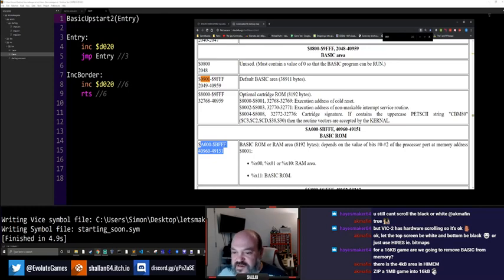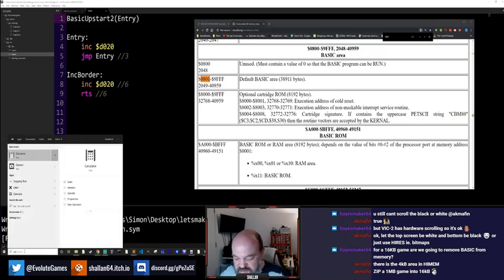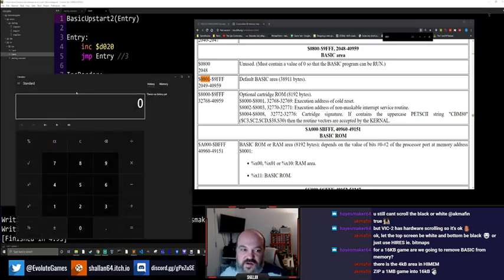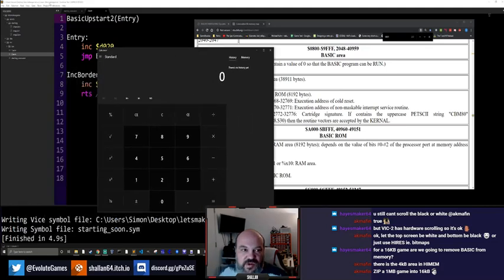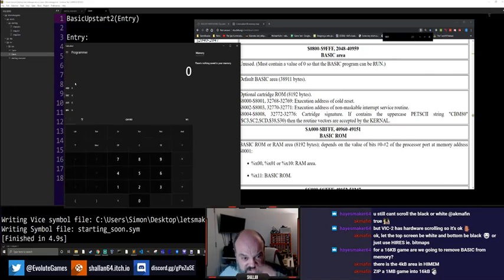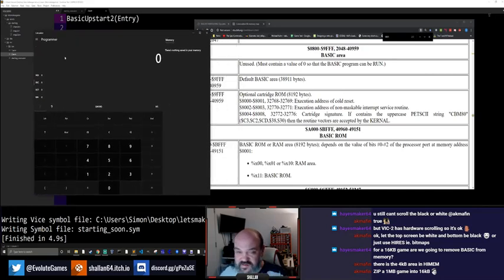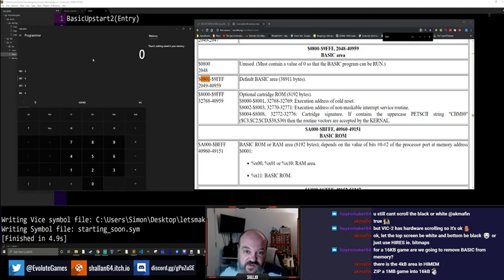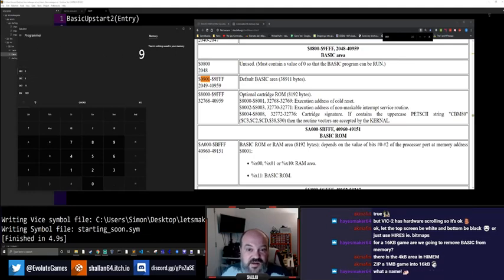Yes, anyway, so BASIC fits into this area. What's interesting about that, and this is something anybody who's ever used a Commodore 64 will know: we open up a calculator and put it into programmer mode. Also, if you don't already know this, programmer mode on calculators is invaluable. You will use this a lot for converting numbers. I need to be in hex mode. There we go. 9FFF, which is this value here,